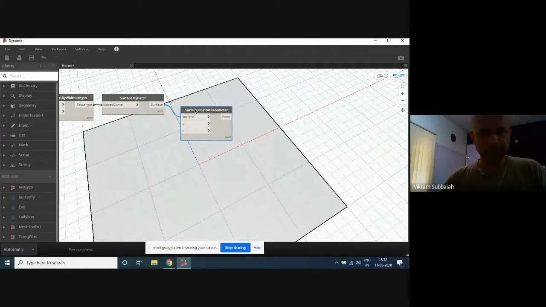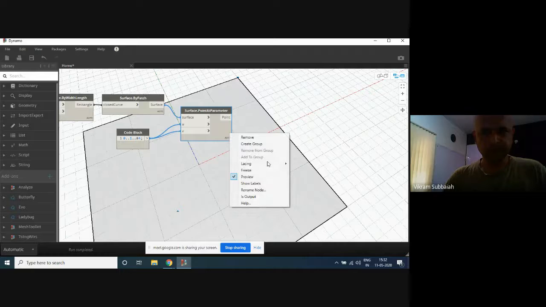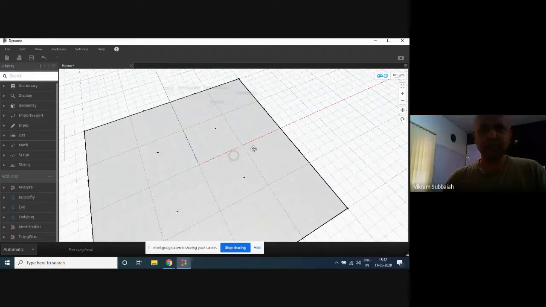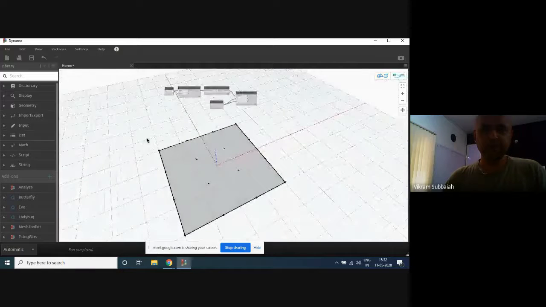We look at the surface and I'll say from 0 to 1 with number 4. So let's say we get 4 points. We simply get something like this.